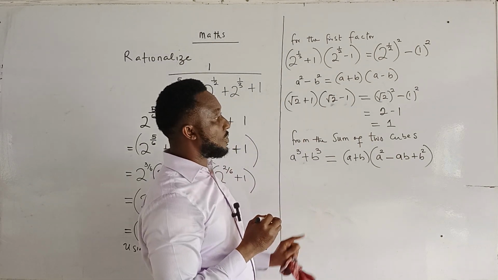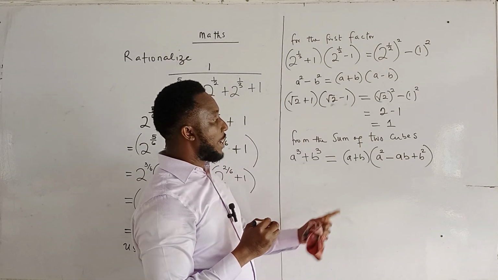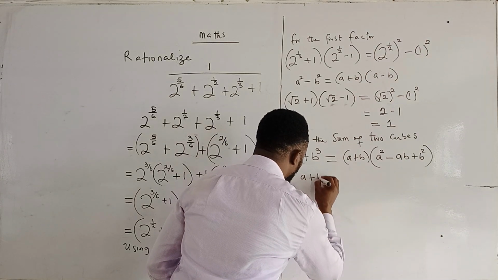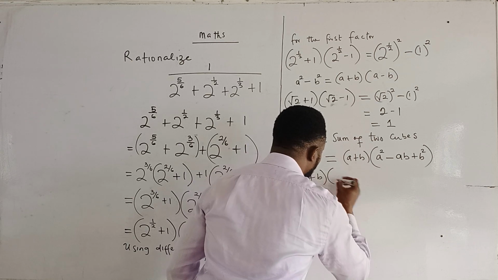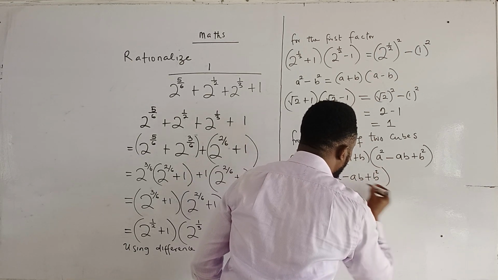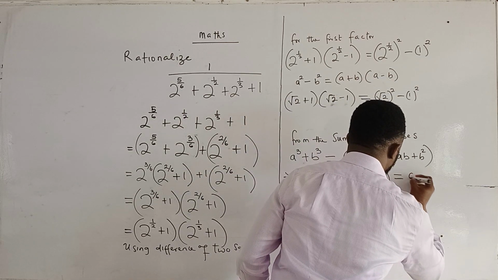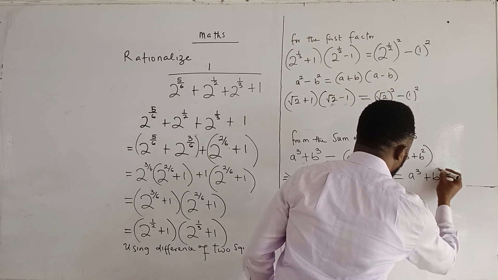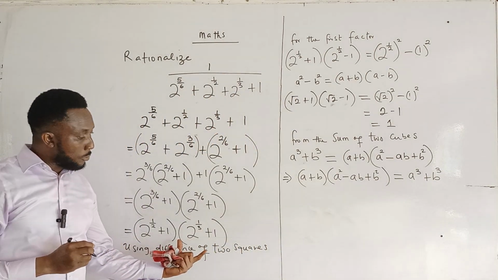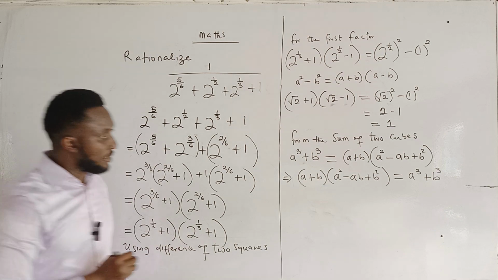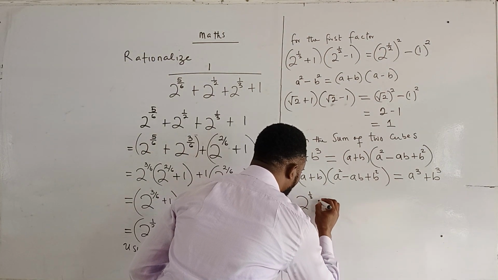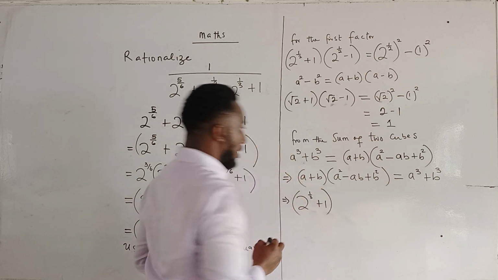So this is the sum of two cubes. For the sake of this problem, I shall turn it. So this is the same thing as saying (a plus b)(a squared minus ab plus b squared) equals a to the power of 3 plus b to the power of 3. Then I will take the second factor here, 2 to the power of 1/3 plus 1. So this implies that we have 2 to the power of 1/3 plus 1, we are now going to get